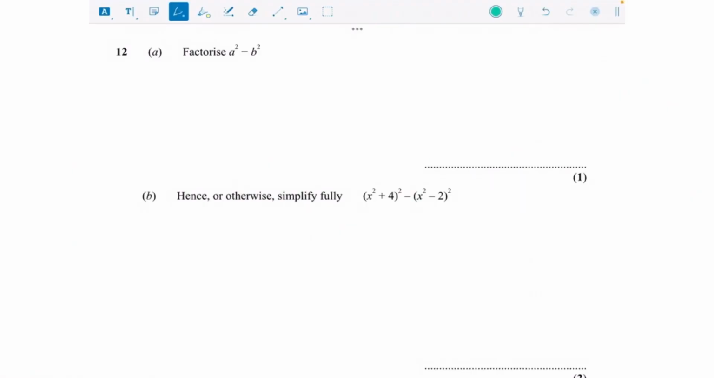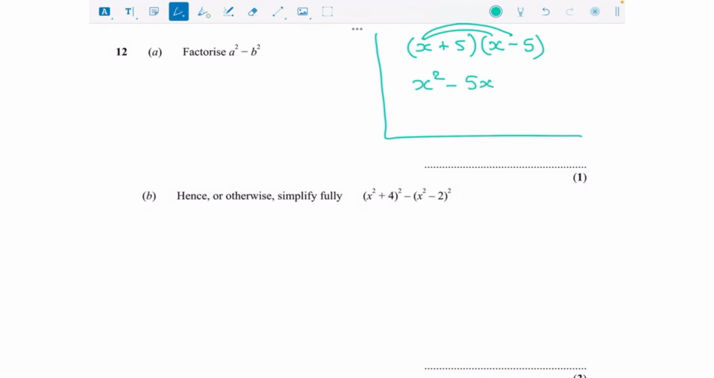So the difference of two squares, let me just do a little example up here. If I had, for example, x plus 5, x minus 5, and we were asked to expand this bracket, we would do x times x, which is x squared, then x times minus 5, which is minus 5x, then 5 times x, which is plus 5x, and then 5 times minus